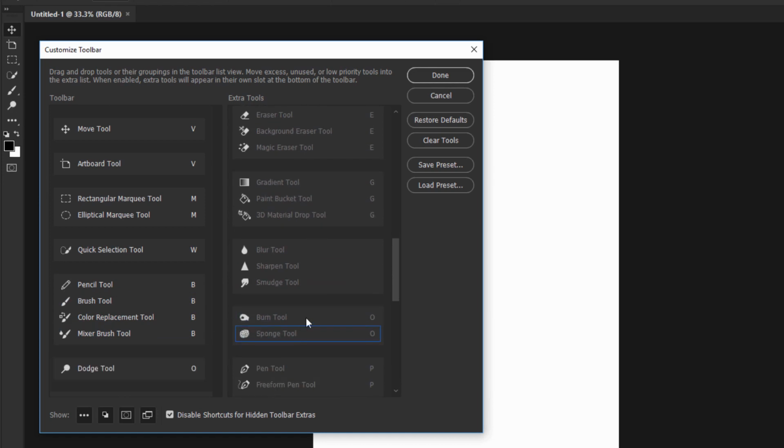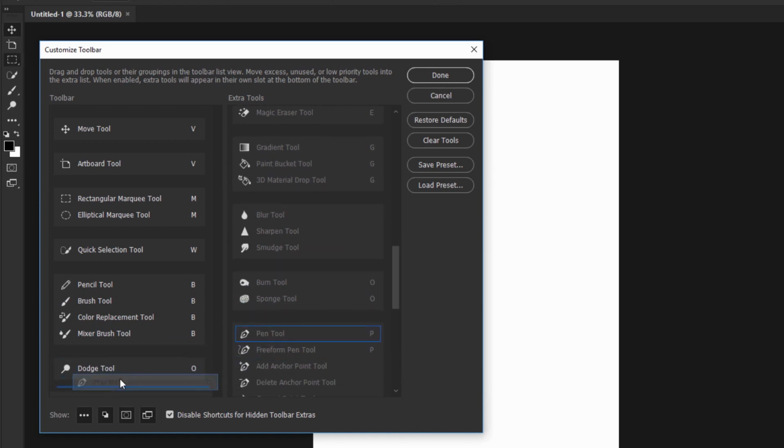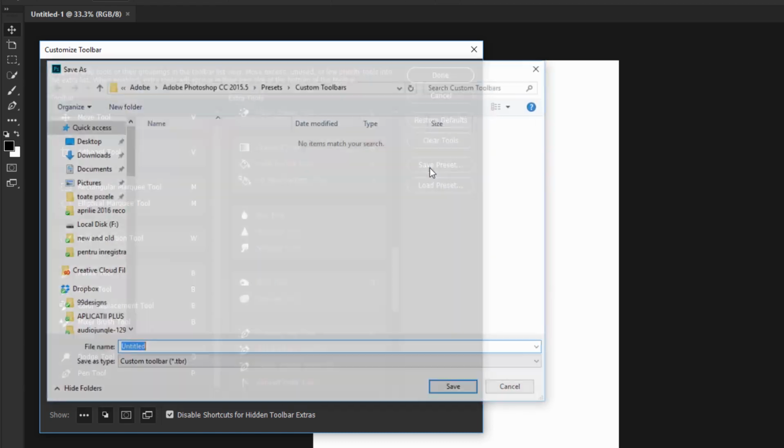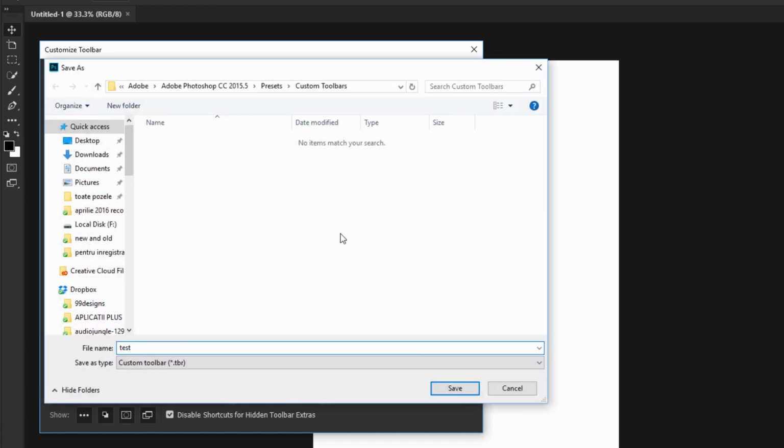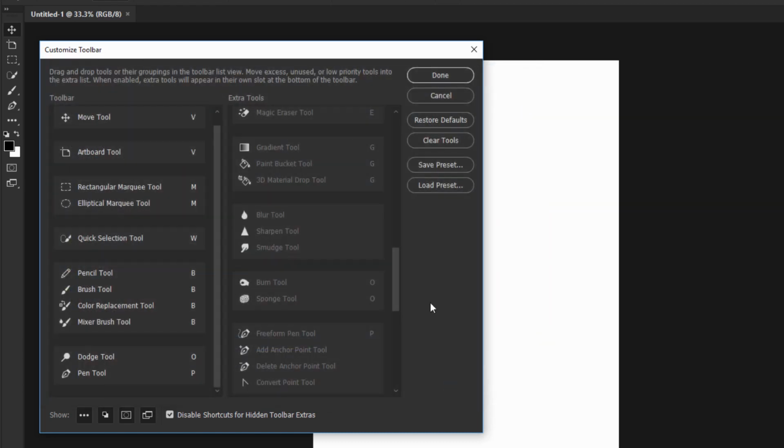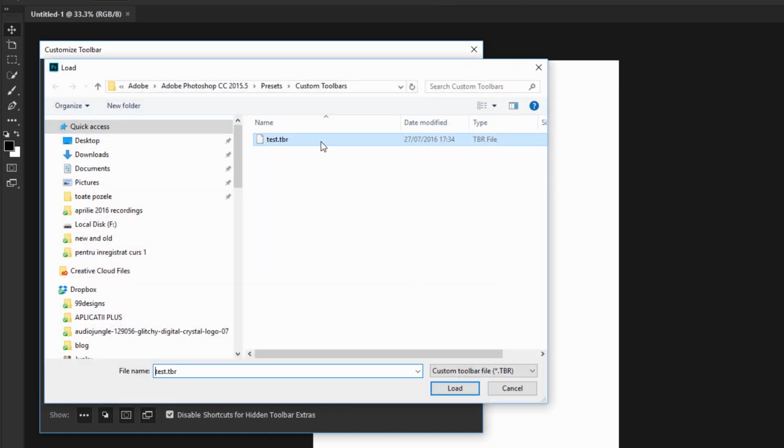Then you can just save the preset. Just hit the button on the right, choose a name, and you're done. And if you can save a preset, you can surely load one. This means it's super easy to swap between a toolbar you created for working on web design projects and one you made for drawing. The extension is .tbr, just in case you want to load one from the web. And if you want to load it fast, you can just drag and drop it in Photoshop and it'll work